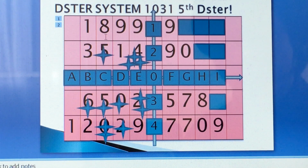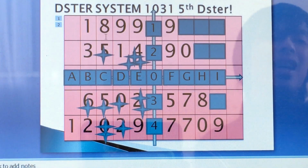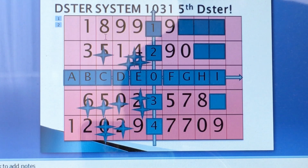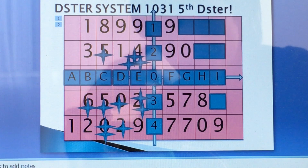1889, 3514, 6502, 12029. So instead of hitting 1 million, you hit 137 because remember,